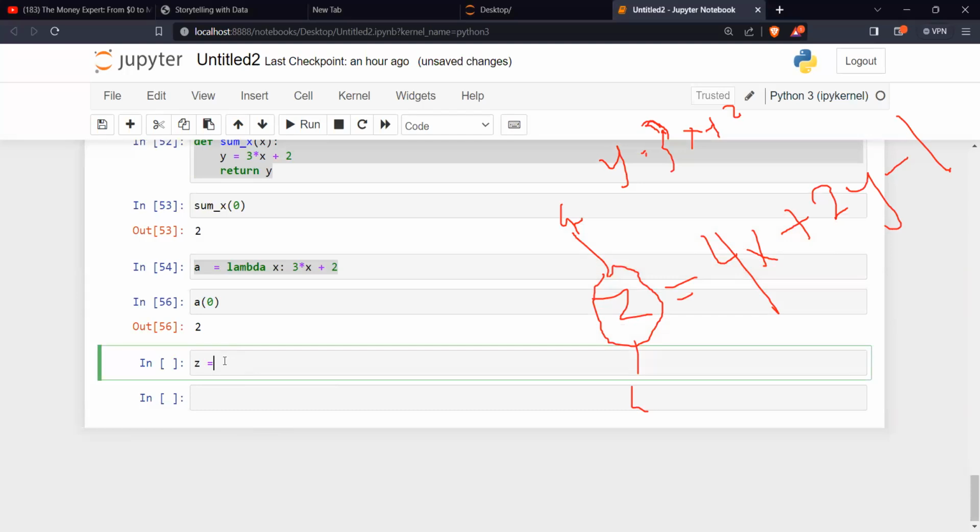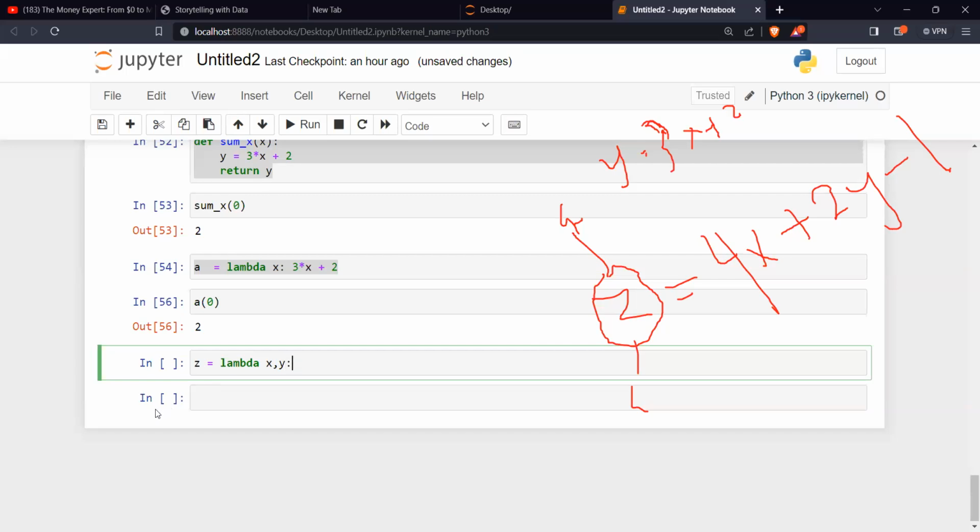I can say z is equal to lambda. How many parameters do I have? Two parameters, x, y. If I have 3 parameters, it will be x, y, z.